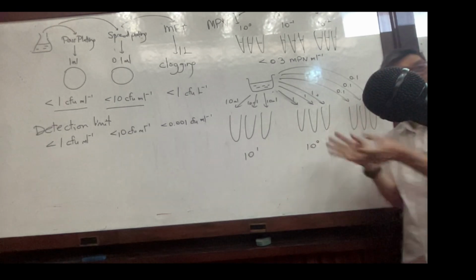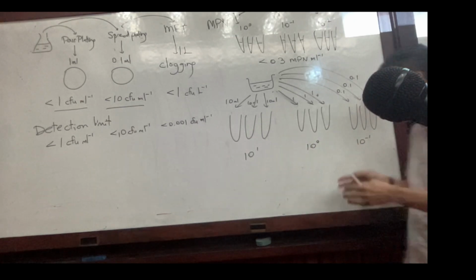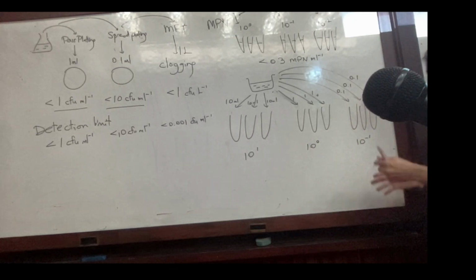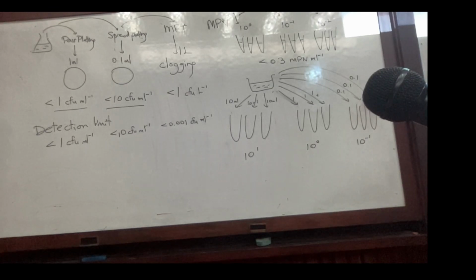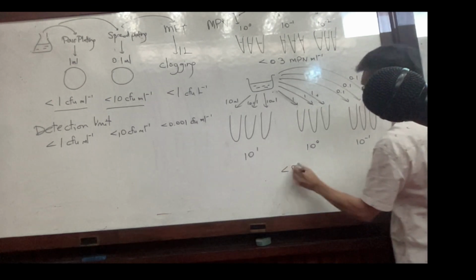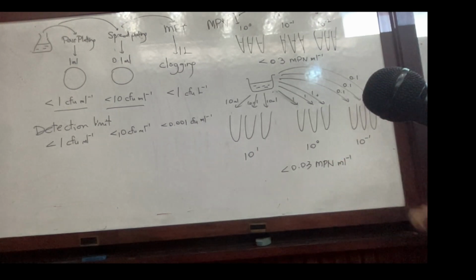This is actually being done in the clean water industry for MPN. This is being done because they need to make the detection limit better. So if it's like this, your detection limit is now what? You've increased your detection limit 10 times. Your method has become better 10 times. Okay? So now,